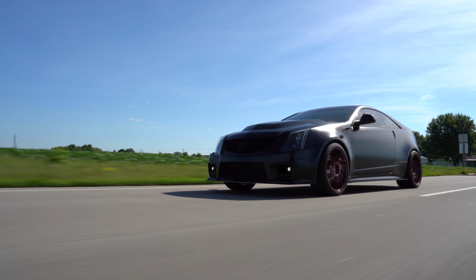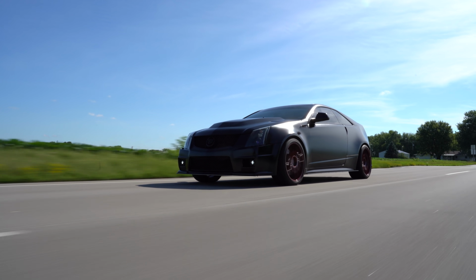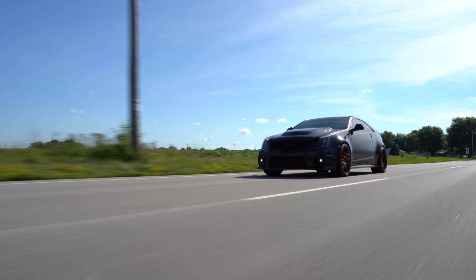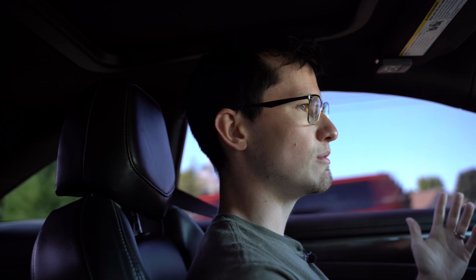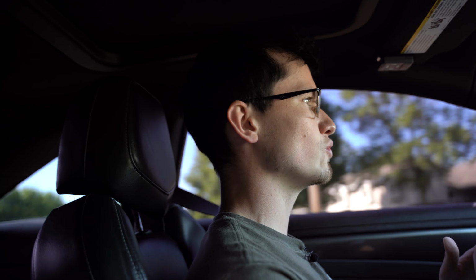To me, this is a car where, is it worth the extra $10,000? I would say yes, if it was your only car. If this was your only car that you were looking to drive and literally take everywhere, and you lived in a place where winter just isn't that much of a thing, I would recommend a CTS-V over a Corvette. If you have two cars, I would recommend probably just getting the Corvette and letting that second car be, I don't know, like a Jeep or a truck or something like that,